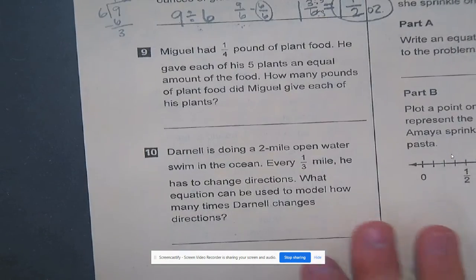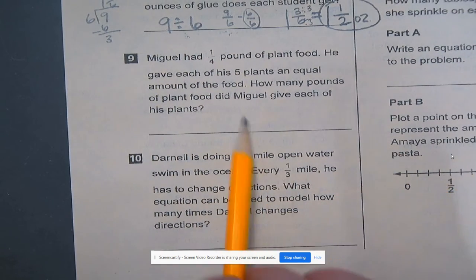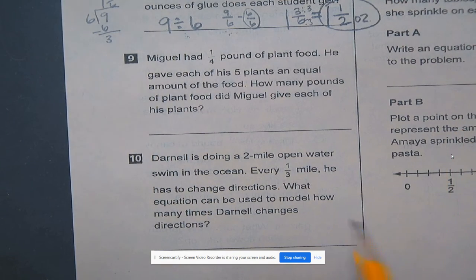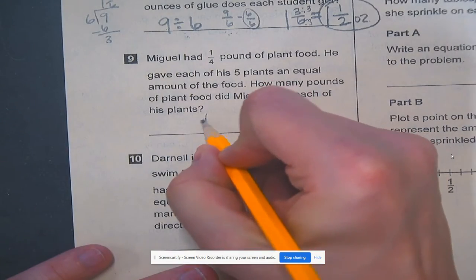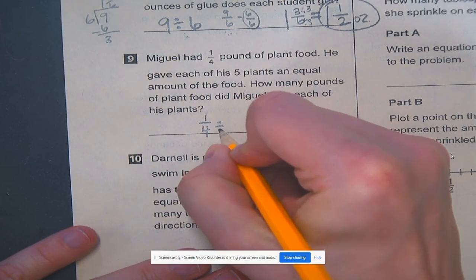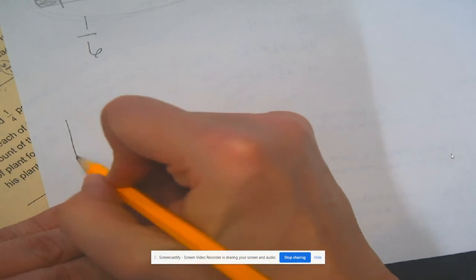Okay, all right, Miguel had 1/4 pound of plant food. He gave each of his 5 plants an equal amount of food. How many pounds of plant food did Miguel give each of his plants? So what are we dividing up? The 1/4 pound of plant food. How many are we dividing it up amongst? 5 equal plants, right? Okay, so if I model it,